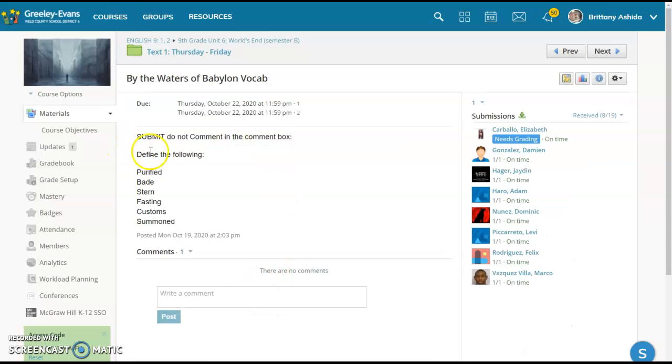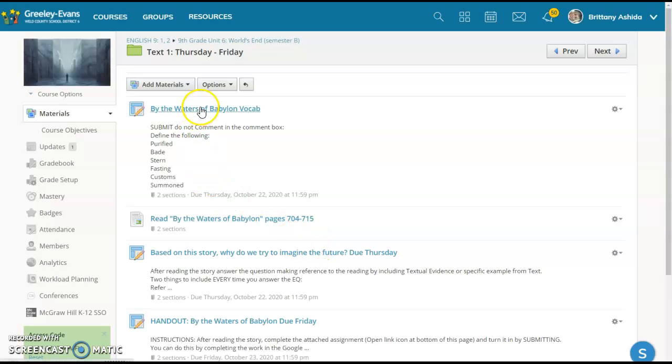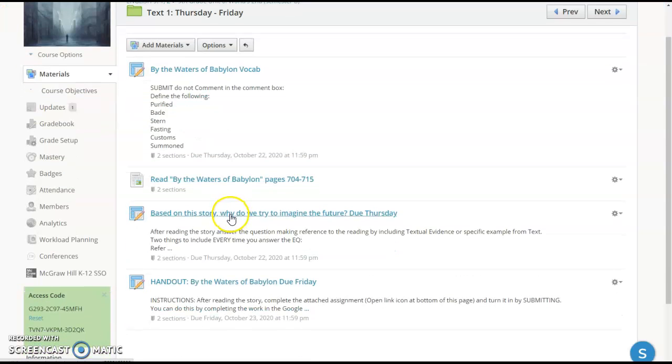And you can use that to answer. You don't put it in the comments here, you actually need to submit that work. After your vocab, then you actually read through the story. It's kind of long, so make sure you give yourself enough time to actually finish it. Then you answer the EQ question based on this story, why do we try to imagine the future?